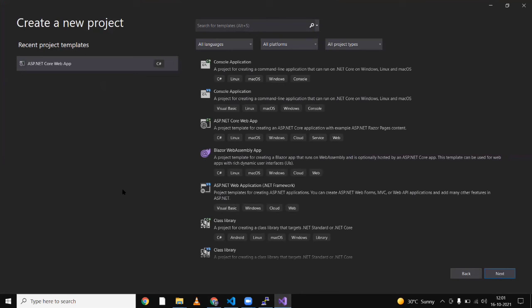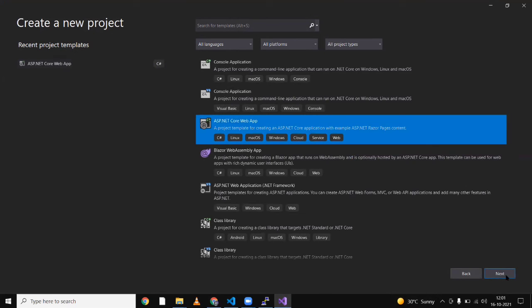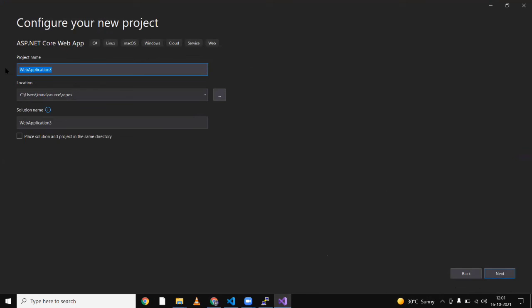Okay, when we come here, first we go with ASP.NET Core Web App. Then we go next, and here we have to give the name of our project, like I gave already, web app, this one.